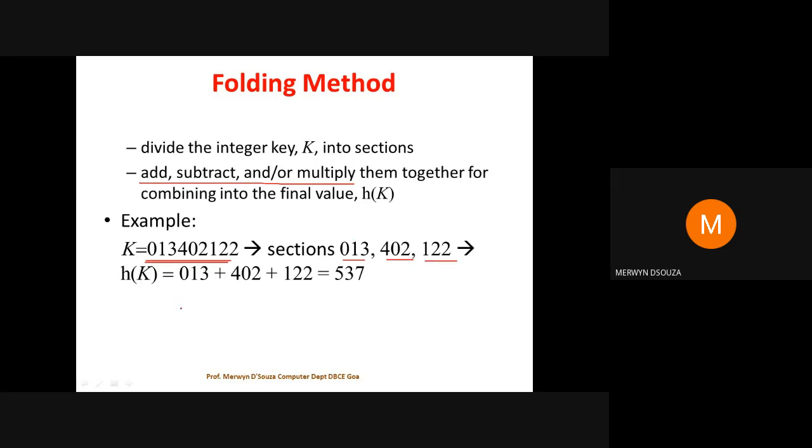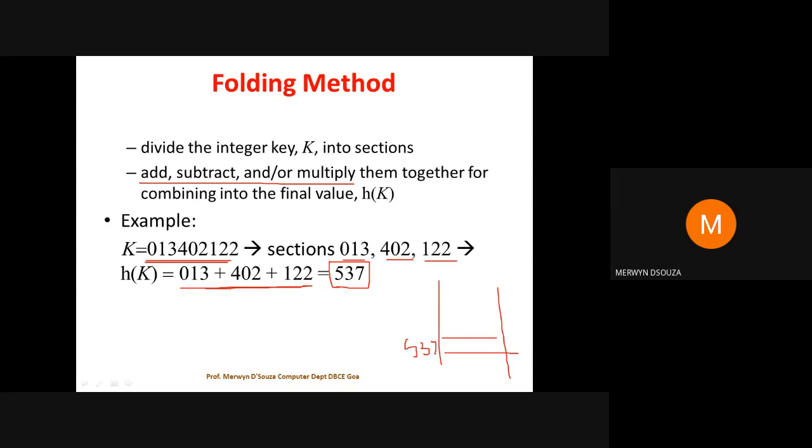Once I've got the sections, I'm adding them: 013 plus 402 plus 122. After adding, I get some value, and this value will be used as my hash value. So in the hash table, there will be 537 somewhere.